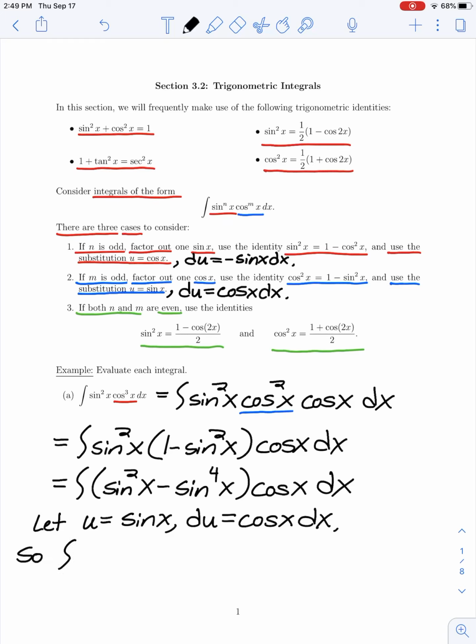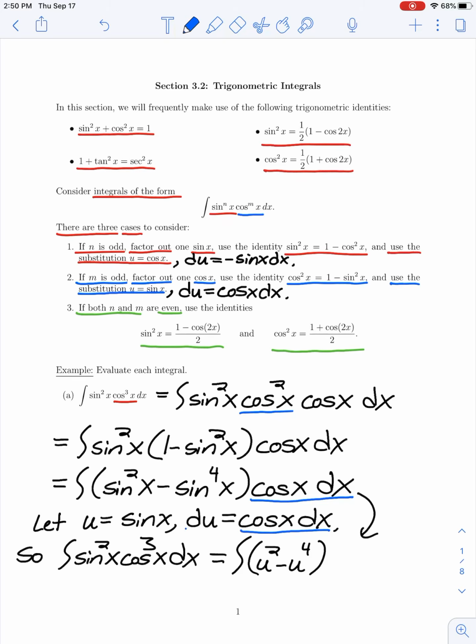So our integral that we started with, if I rewrite in terms of u, let's see what we have. We would have the integral of u squared minus u to the 4th, since u is equal to sine x. And then this term on the end, cosine x dx, is just equal to du. And now I know how to evaluate the integral of this polynomial function involving u. Integrating each term, I would have 1/3 u cubed minus 1/5 u to the 5th plus an arbitrary constant,